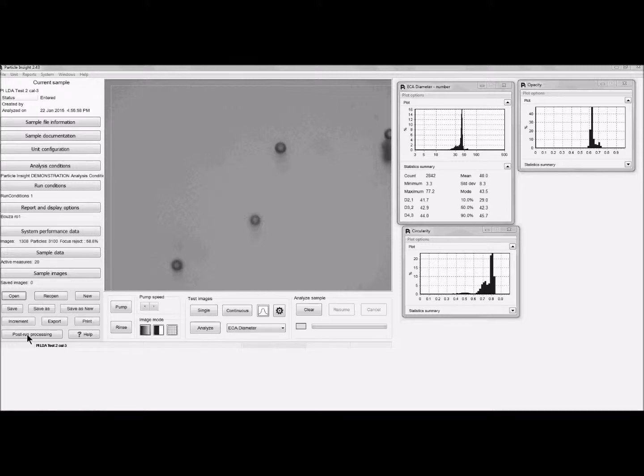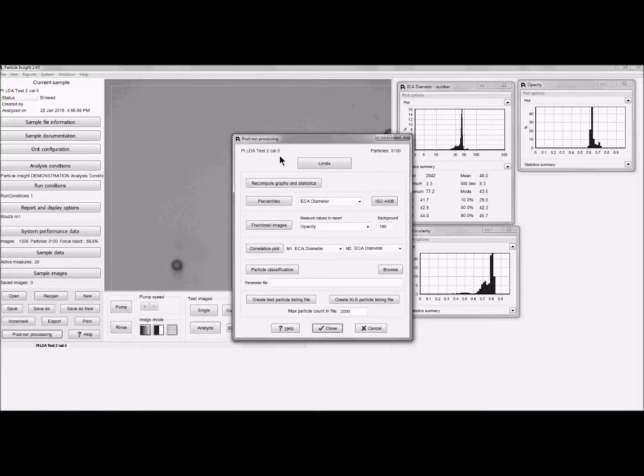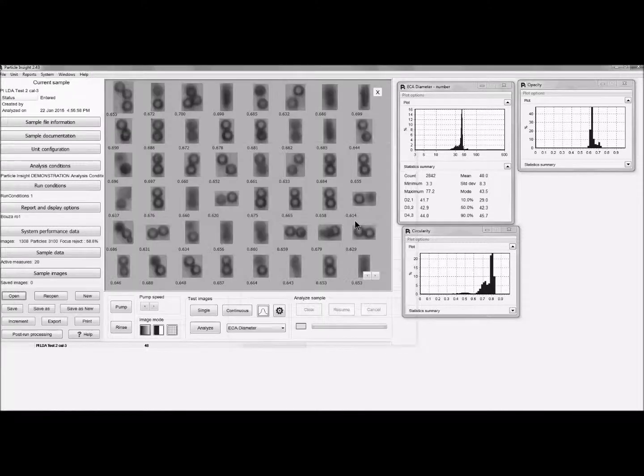Just to give you an idea of what types of things we can look at with respect to the Particle Insight, and looking at how to differentiate between some of the particles. The first thing I normally do is look at the thumbnails. We open the post-run processing and then click on thumbnails. Once we click on thumbnails, we can go through the different thumbnails, and we'll see that